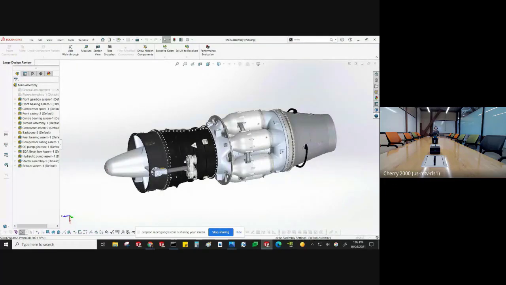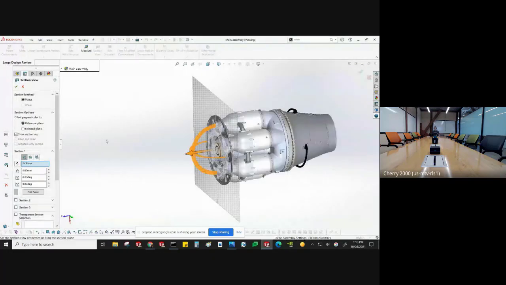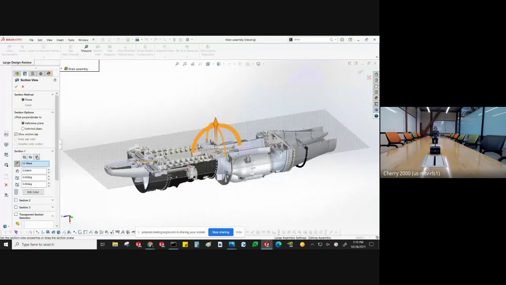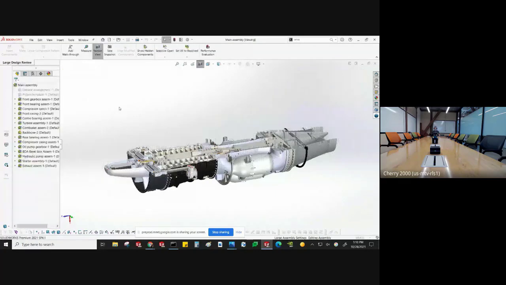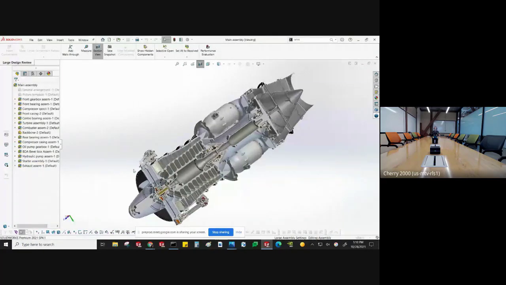When I was at that file open, there was a little checkbox that said edit. Right now, all I can do is those types of things. I can do section views. So you can see this is a pretty impressive assembly, and this is one of the things that's sort of